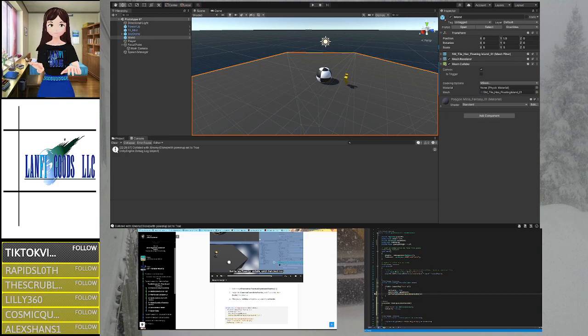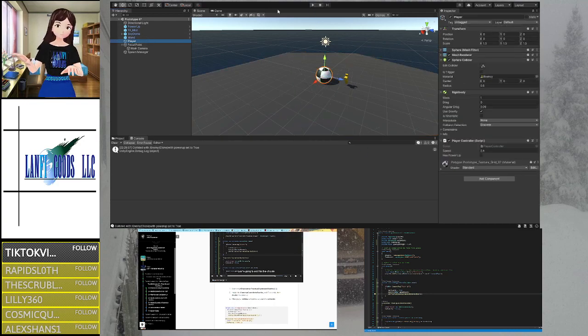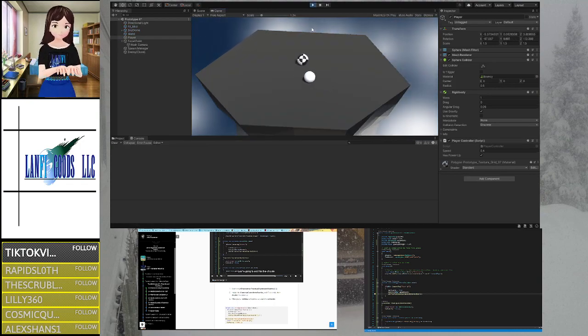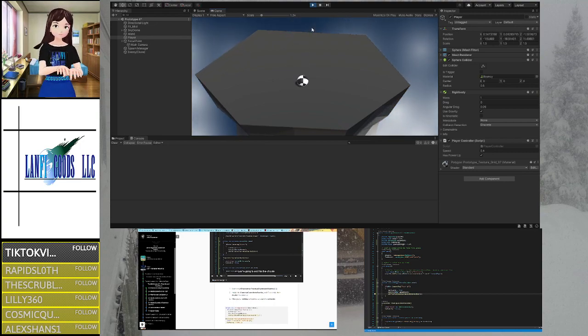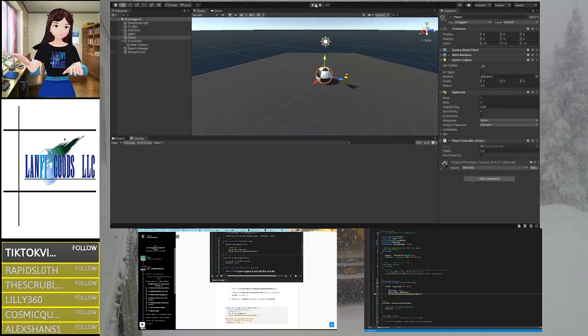So what you're going to do in your player controller script, you're going to add this line of code to create an IEnumerator method. In this IEnumerator method, make sure to use yield return new WaitForSeconds. That way it waits for a certain amount of time before it actually does this. Sets our power up to false. And then in our onTriggerEnter, when we've picked up a power up, we start a coroutine and use our